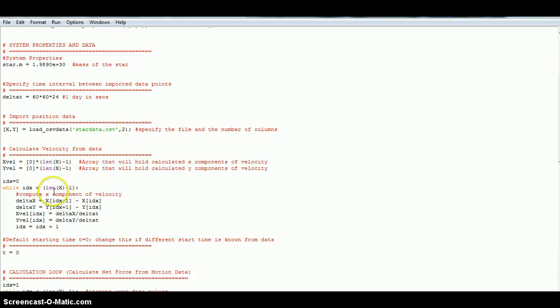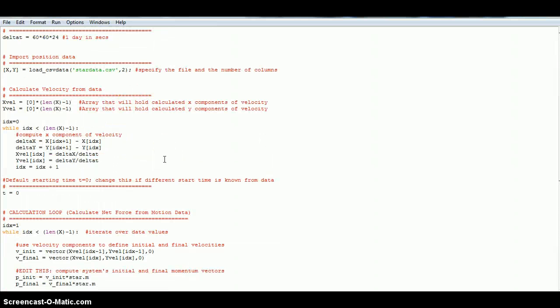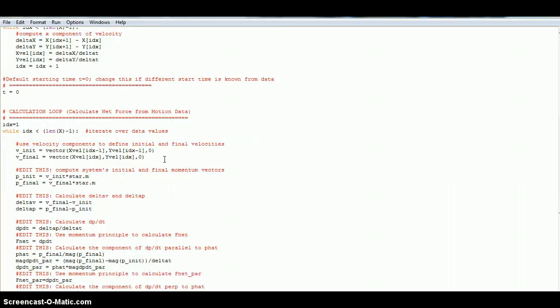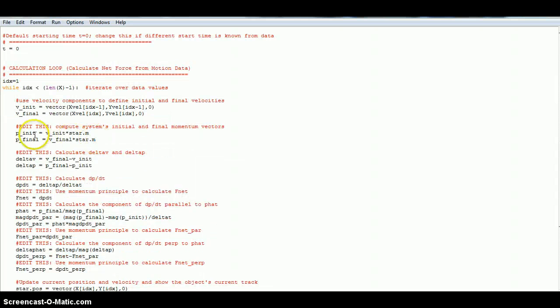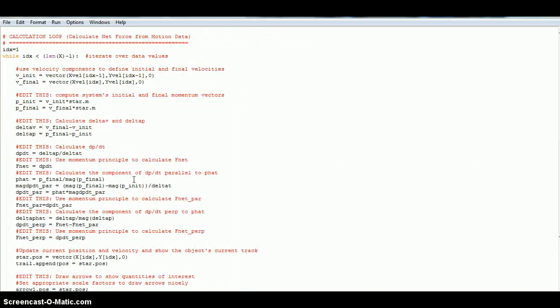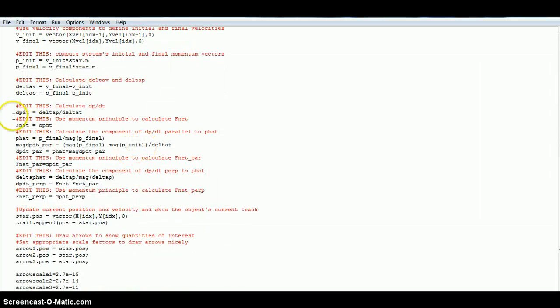Here I'm just pulling up the data from the Excel file and defined initial and final velocities using this input data. Initial momentum is just initial velocity times the mass, same for final. The delta v and delta p were also calculated. dp dt is simply delta p over delta t, and the momentum principle tells us that F net is equal